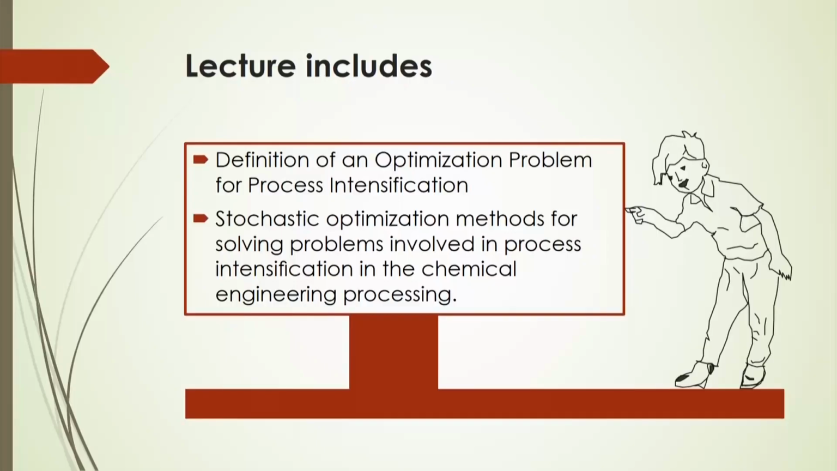Under this module 5, in the first lecture we will discuss the basic things about stochastic optimization. So, this lecture will include the definition of an optimization problem for process intensification, and types of optimization problems for process intensification. Also, special attention will be given to stochastic optimization methods for solving problems involved in process intensification in the